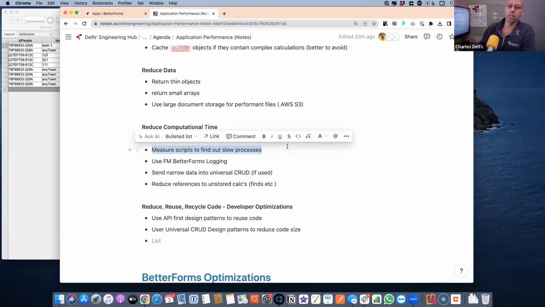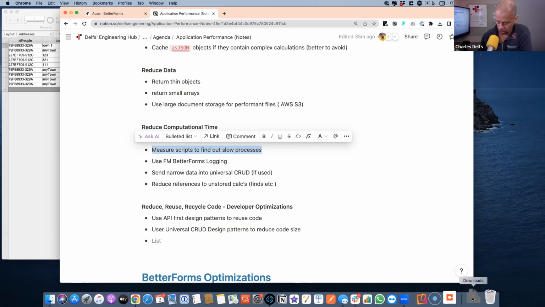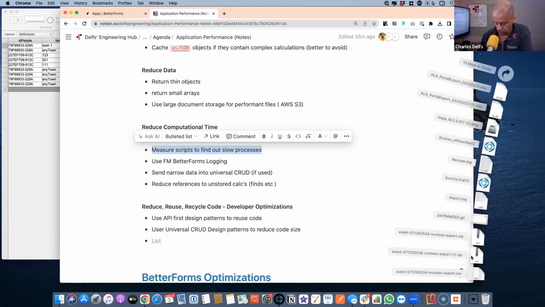You can measure scripts. I don't know if anybody does this ever, but it's pretty easy to do. Measure scripts out to find slow processes. And I'm just going to grab a file here and I'll show you an example. This is just quick and dirty, but